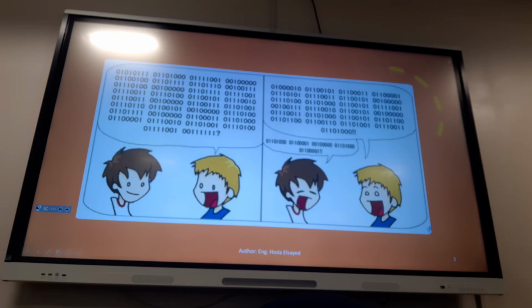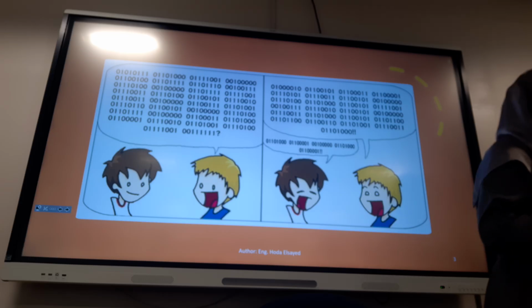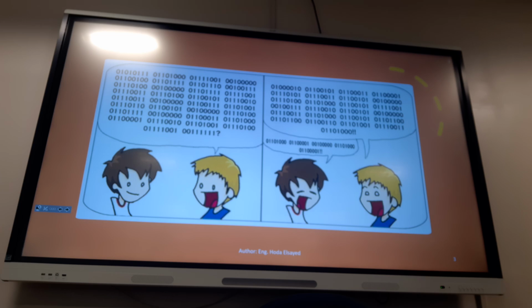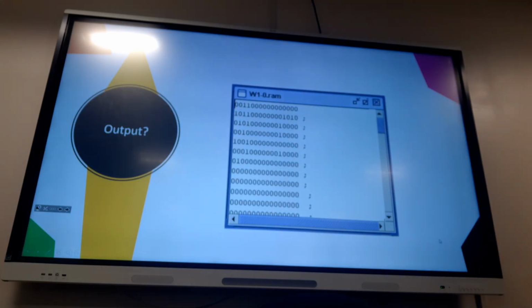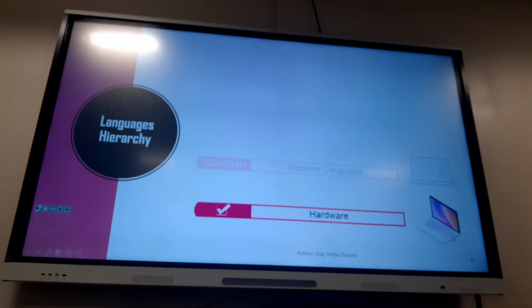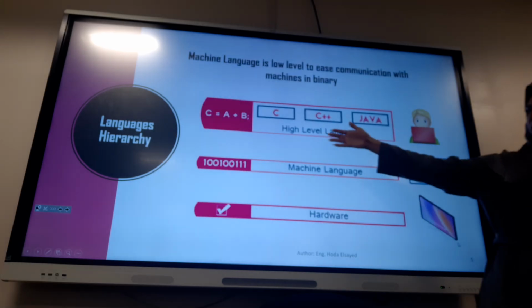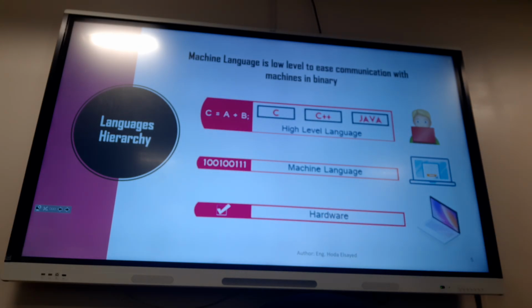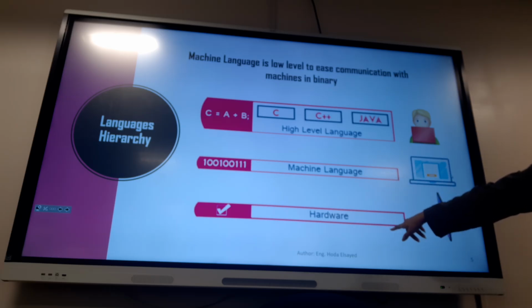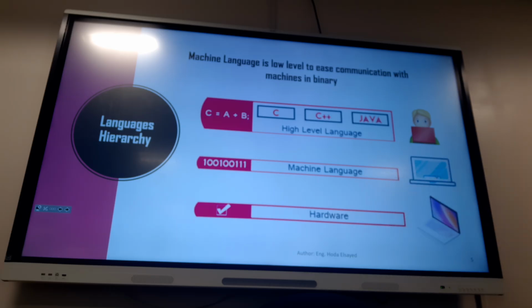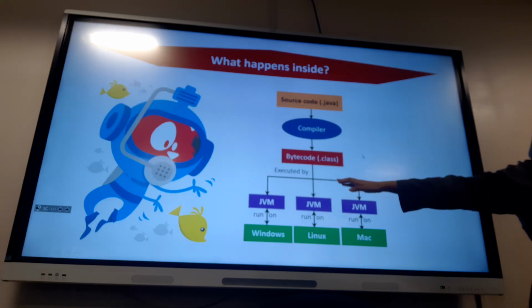We were always talking about the machine language, how it's translated into zeros and ones, and how difficult it is for a human being to read this and try to put instructions of that sort. And for that reason, they brought up the level of high-level languages. If you remember the hierarchy, it is high-level language to machine language to the hardware level, so it executes faster on the machine side. Again, high-level language is usually something written in English-like structure, while machine language is usually a series of 0